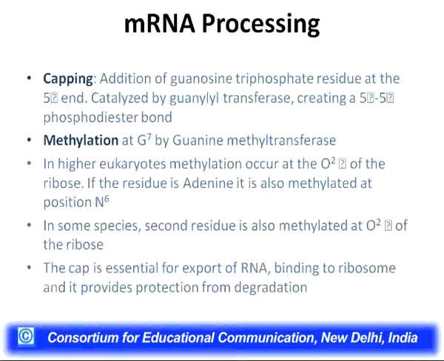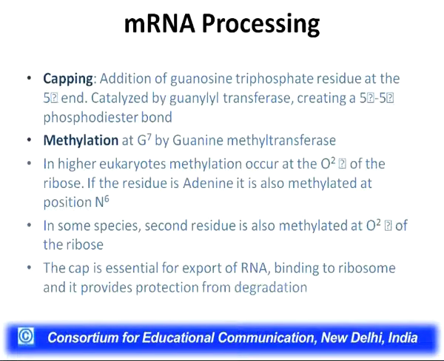Now, I will first be talking about the first change which any eukaryotic mRNA undergoes. This is known as capping. Basically, capping is addition of guanosine triphosphate residue at the 5' end of the primary transcript. This is catalyzed by an enzyme known as guanylyl transferase, and it creates a 5' phosphodiester bond between the newly added G residue and the first